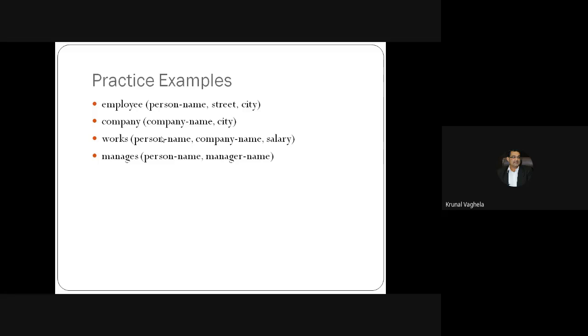So first, how to think? First you need to think whatever the information which I need, can I get it from one table or should I need 2 or 3 tables? Now whenever you need 2 or 3 tables, always join operation will come into the picture. Now find names of all the employees who work for First Bank Corporation. So tell me, will you need one table or more than one table?